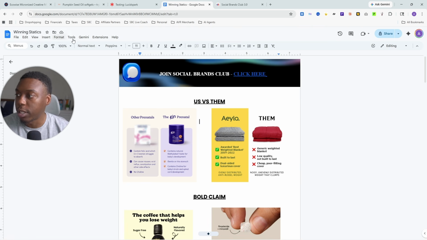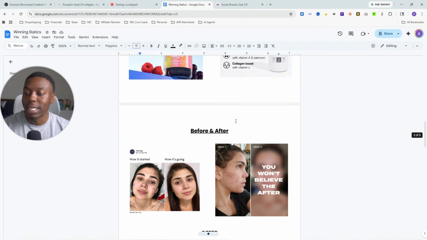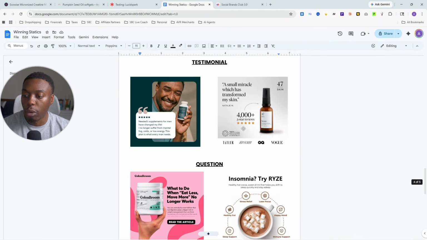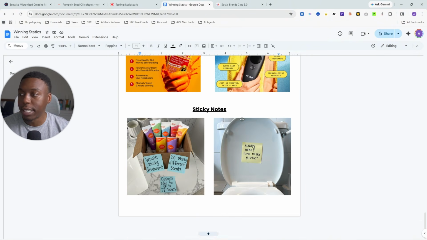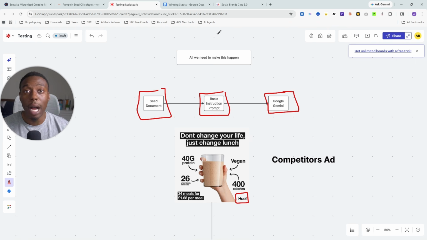So this first document has two tabs. It has a list of winning statics that I was able to scrape and pull and put on this document for you. This is called the seed document, right? Like I mentioned in the training, this is the seed document. So obviously